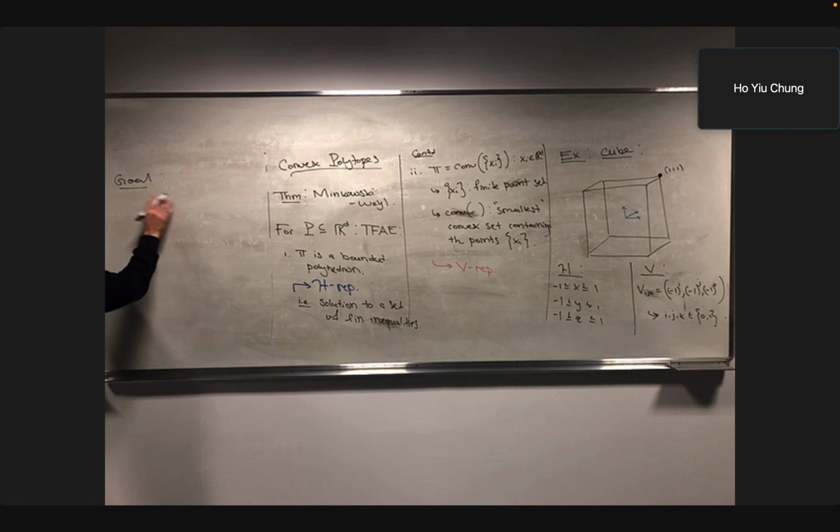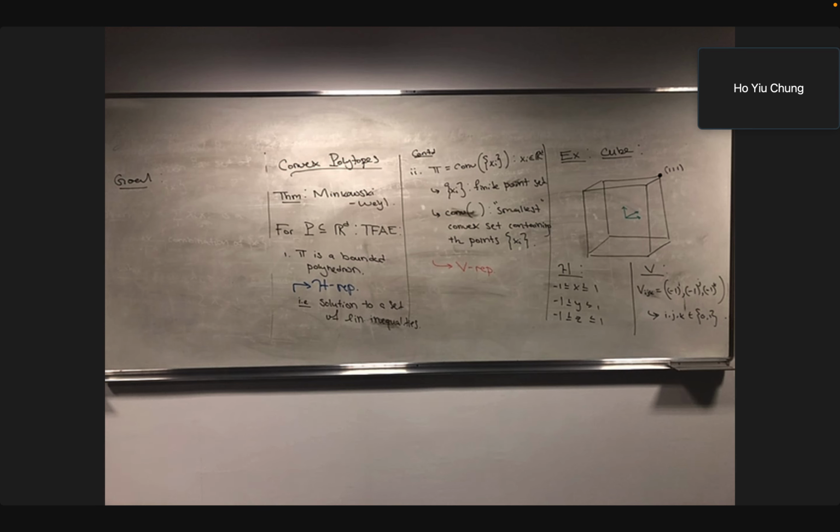So our goal is essentially that we are given a polytope in a particular representation. We want to find